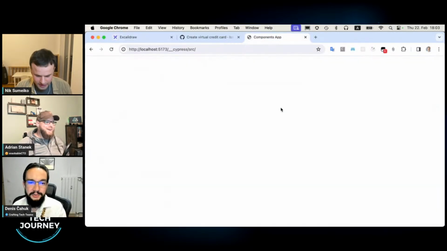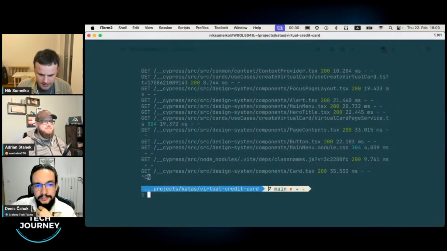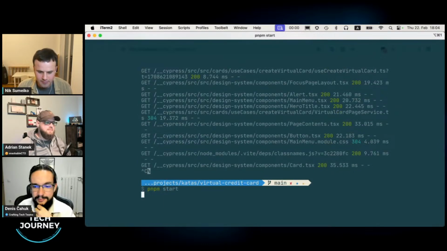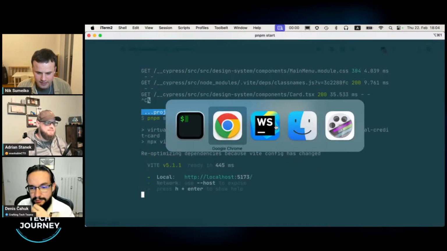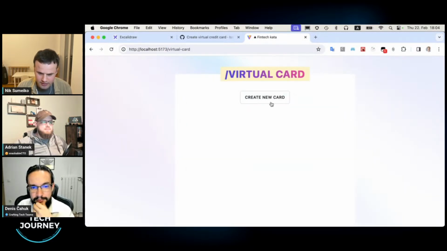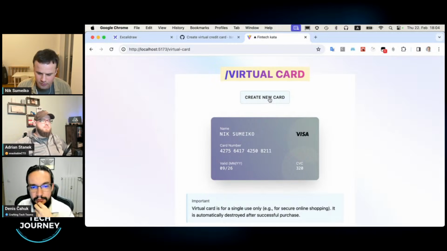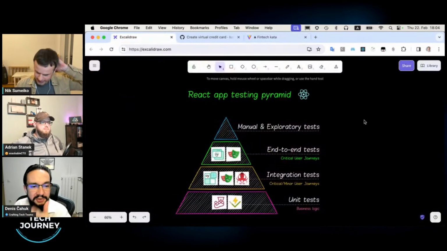And of course, manual testing is important to do. So to run a manual test, I will stop my Cypress and run a quick manual test. It started my app. My app is in place. The virtual card is here. I create a card and I see it loads. I see something. I create another card. I wait again. It seems the SDK needs some time to create that card. Maybe that could be a next iteration for sure. But the manual test is passing. It works. It is already delightful to the user.